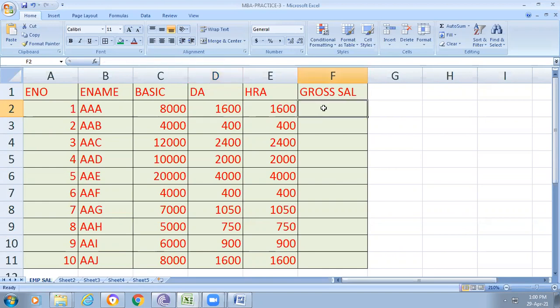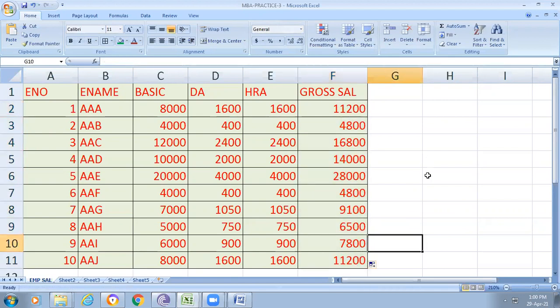So now I try to use the formula. How are we calculating the gross salary now? Basic plus DA plus HRA. Simply we can use this. Using a formula, or we can directly type that. So we click this, what is the value? C2. Now plus, click this D2. Next click this E2. Close this. Now we will see the value. Am I right? Now drag this. In this way we are calculating the gross salary of the employee.